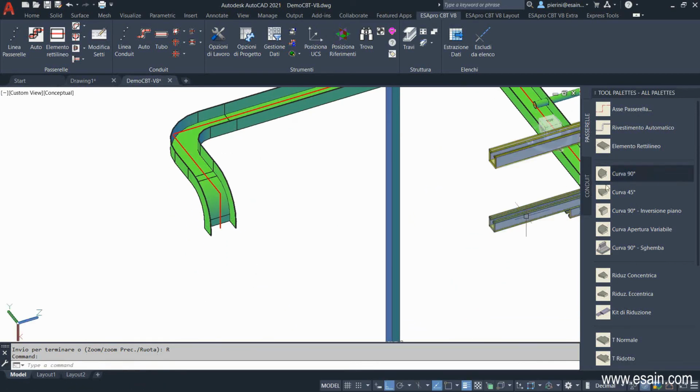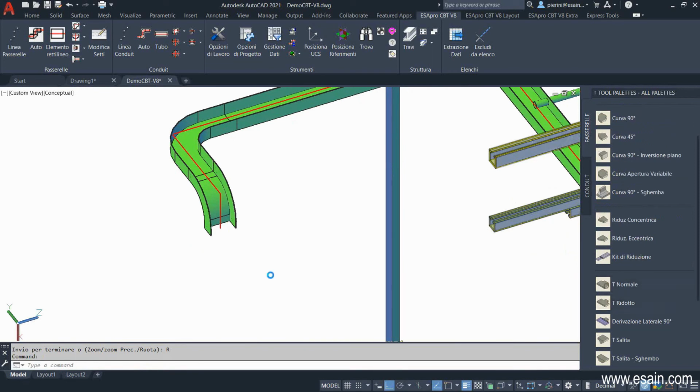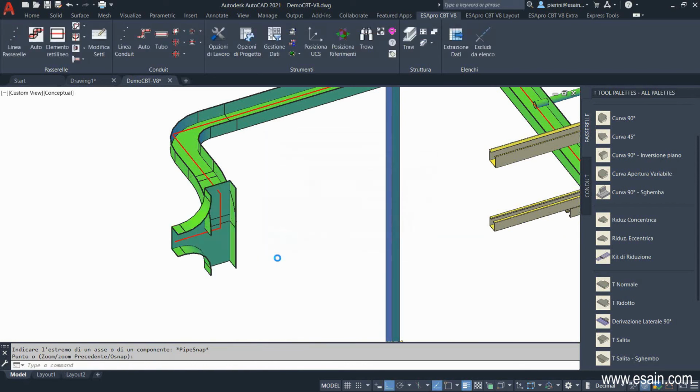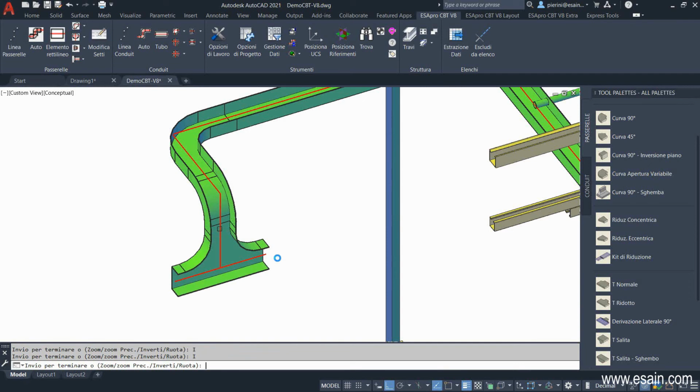We attach the two elbows and then we're going to create a branch by inserting a T. It's an equal T, so it has the same inlet and outlet sizes. We give a direction. And let's add an eccentric reducer at the end, because at this point the cables will obviously split to one side or another.